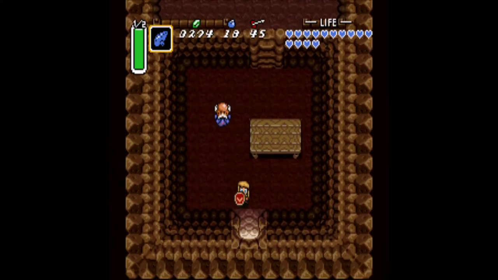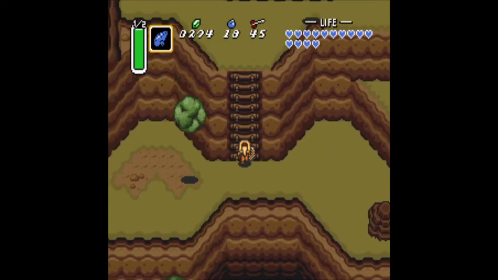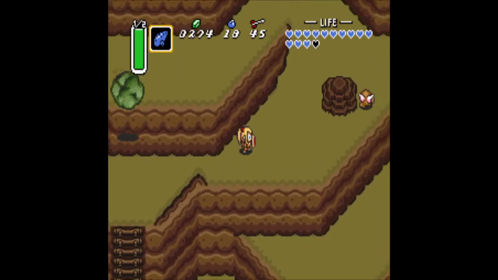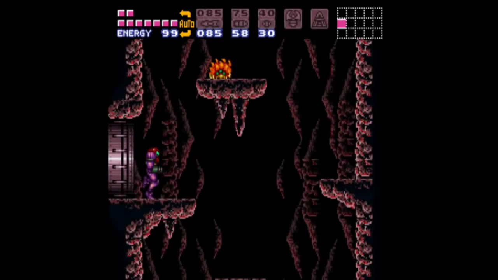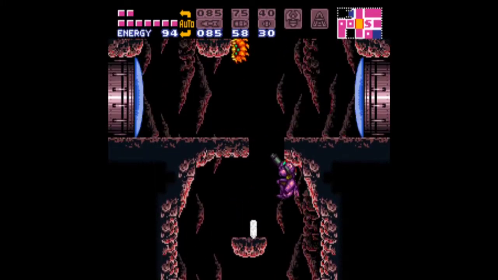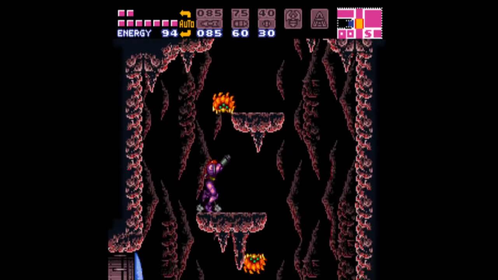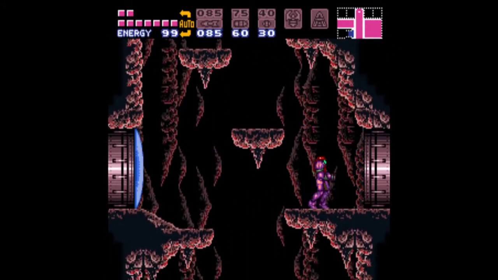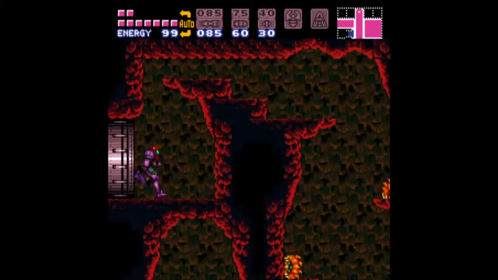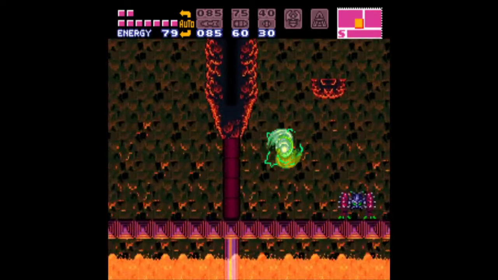Just pit stop the old man. So we still can't do speed booster room, unfortunately, because we don't have the speed booster. So I don't think we can go this way. Actually, the only way we can go is up this way. At least now I've got Spazer and Wave Beam, so I have pretty much all of it. Plus, I may not have high jump boots, but